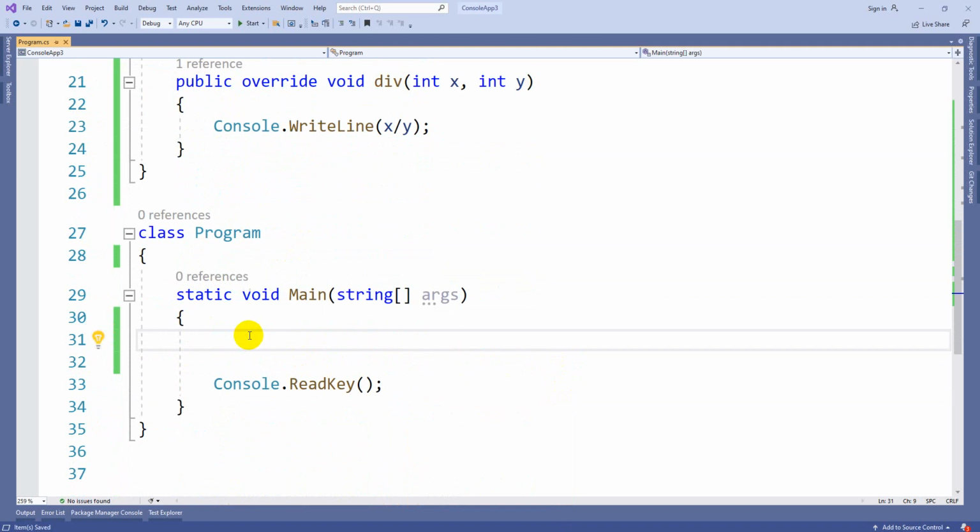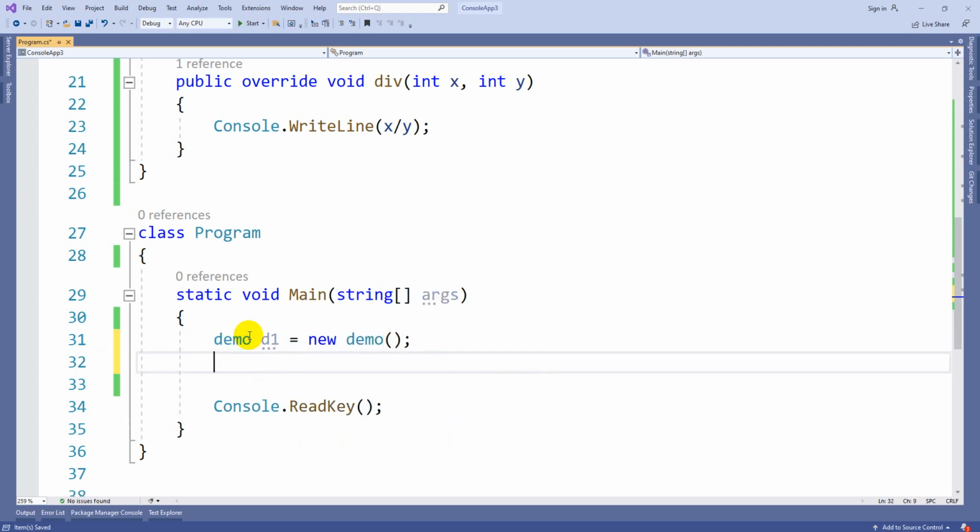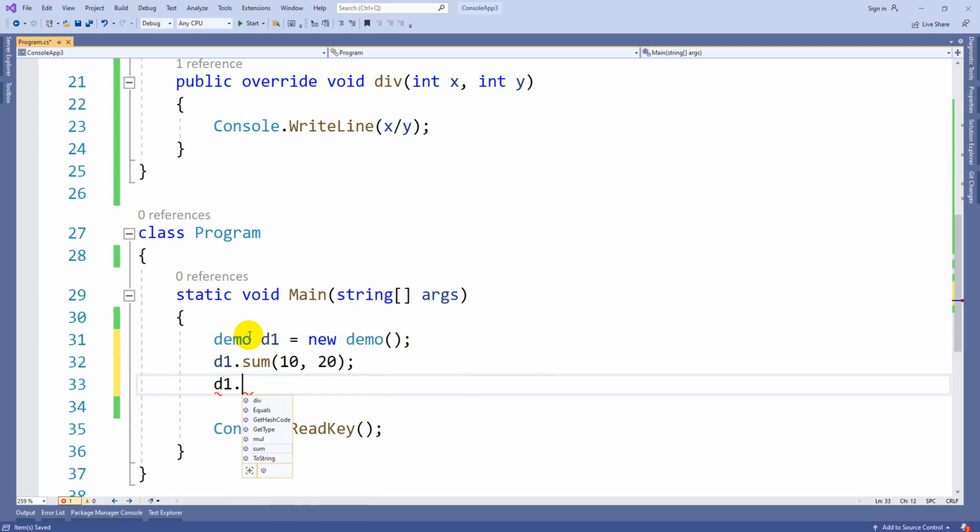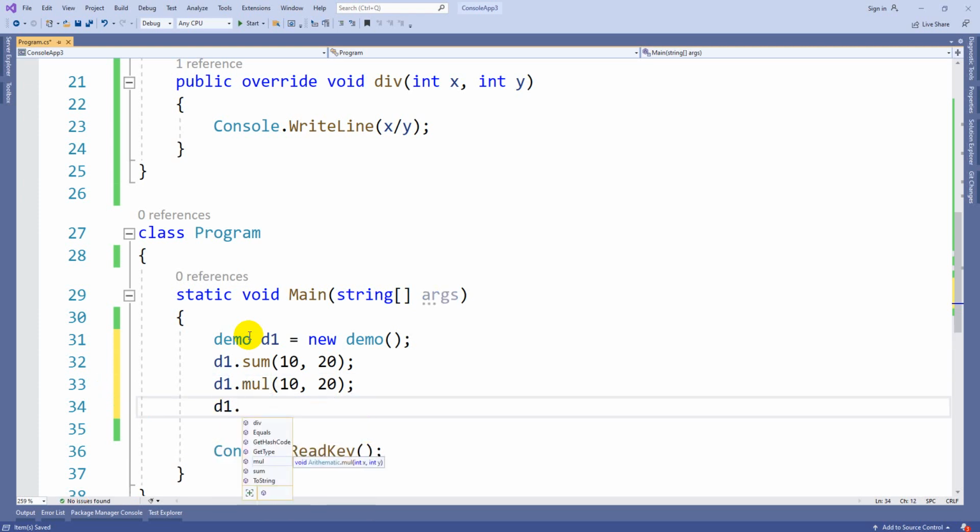So Demo d1 equals new Demo. d1 dot sum of 10, 20. d1 dot multiply of 10, 20. d1 dot division of 10, 20.